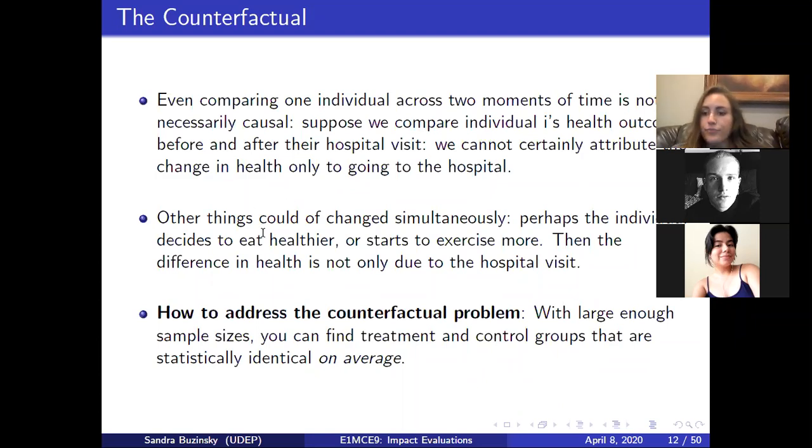Okay, so if we can't compare one individual across time or in the same moment of time, because that's impossible, how can we address the counterfactual problem? So what we want to do is use statistics. Statistics is our friend here. When we have large enough sample sizes, you can find a treatment and control group that are statistically identical on average. So if we have a full list of characteristics, age, education, health status before,